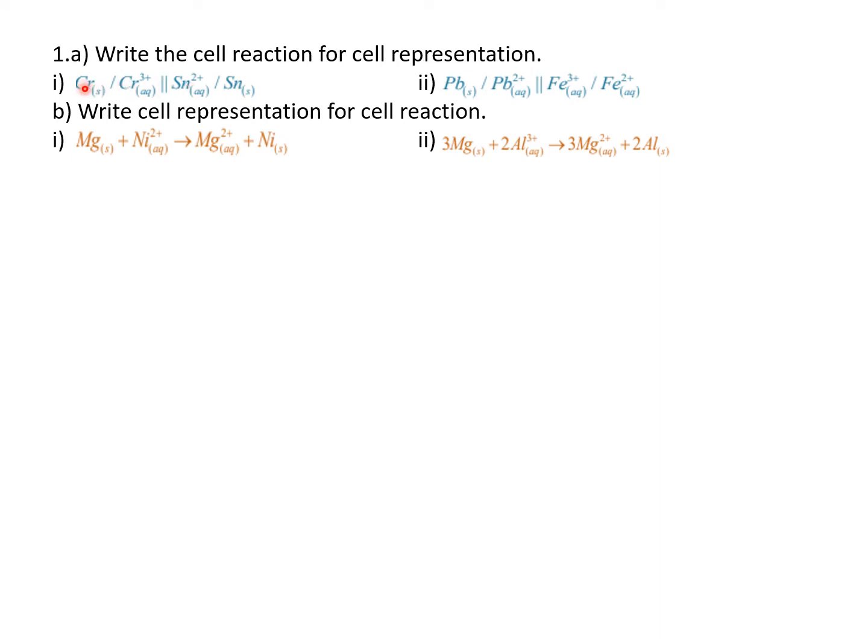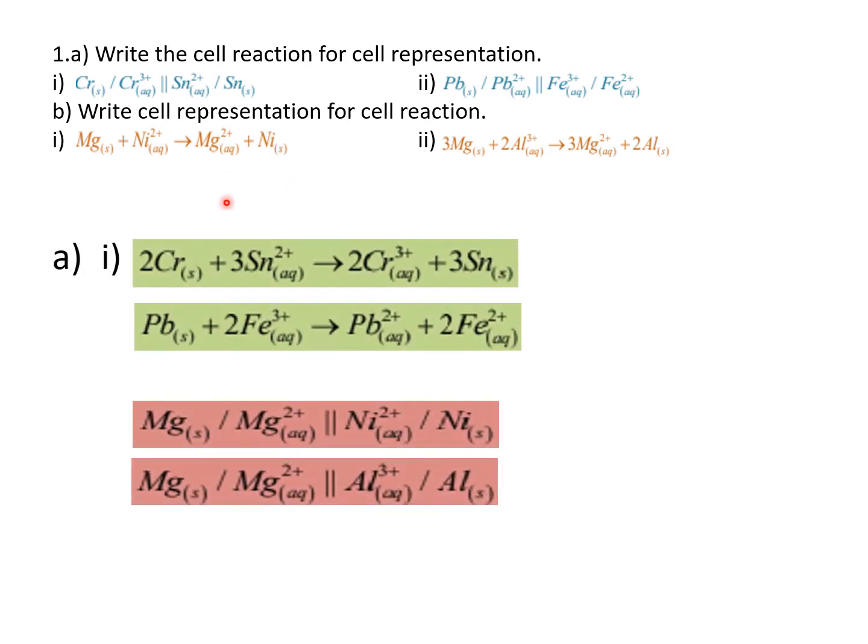So the first one is the metal, which is going to react; these two should be on the reactant side and these two should be on the product side. That is the way we need to write the cell reaction. The first one before the slash, here and here, both we need to write on the reactant side. We'll see the answer. Chromium reacts with tin 2 plus and gives chromium 3 plus and